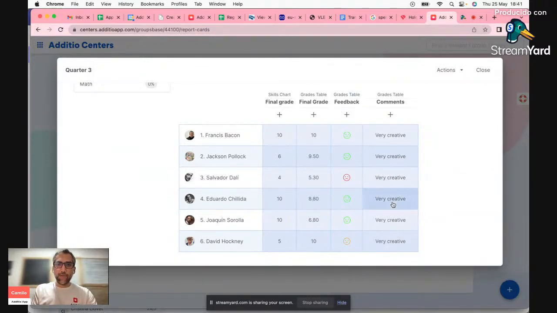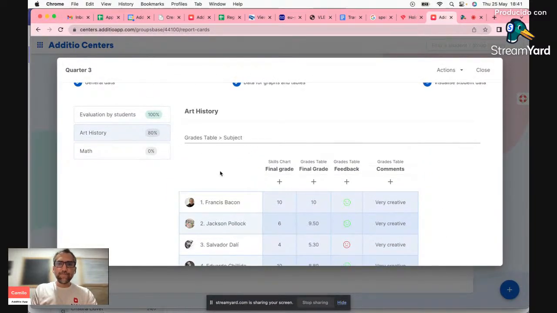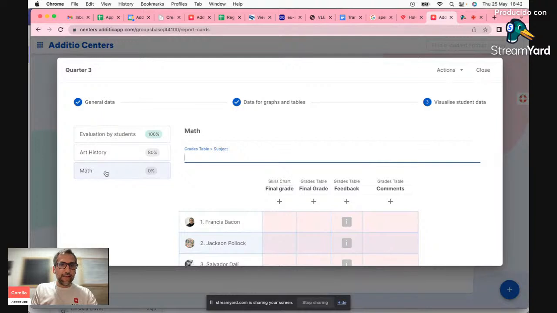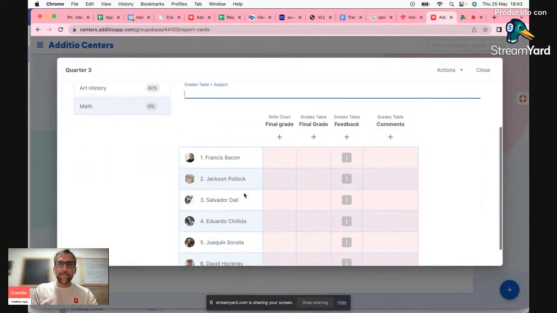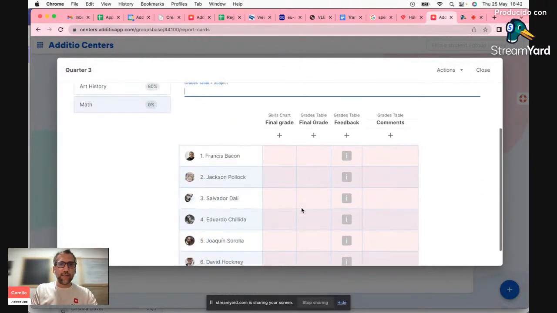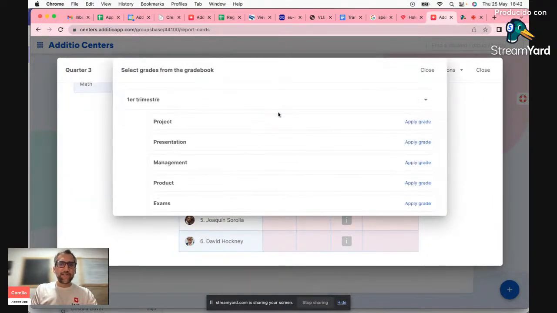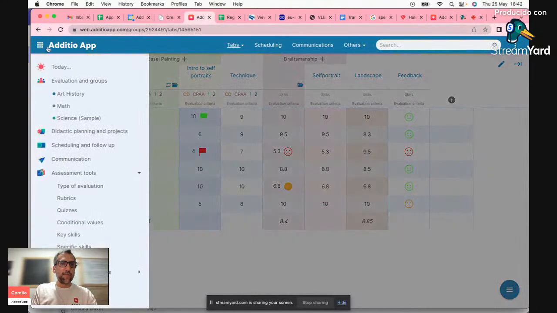And I am ready. So if I come back up here, I'll notice that I have art history, and then I have math. So I'm going to go ahead and click, follow the same process. One of the major grades. If I go back to my grade book, if I go over to my math class,